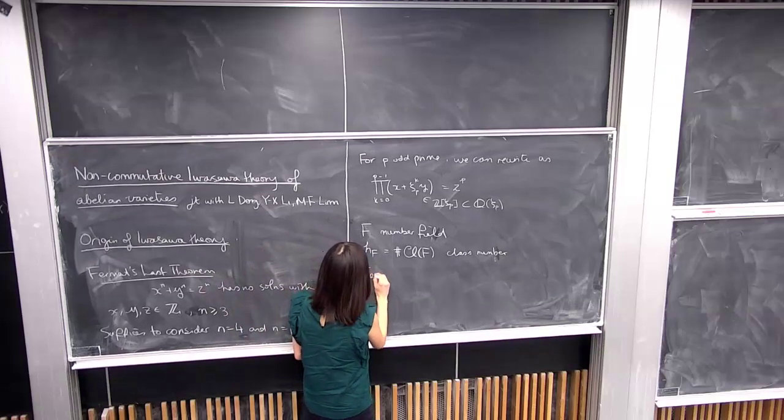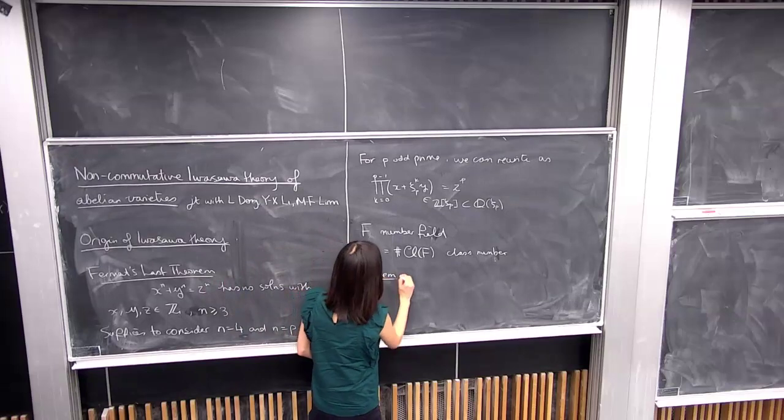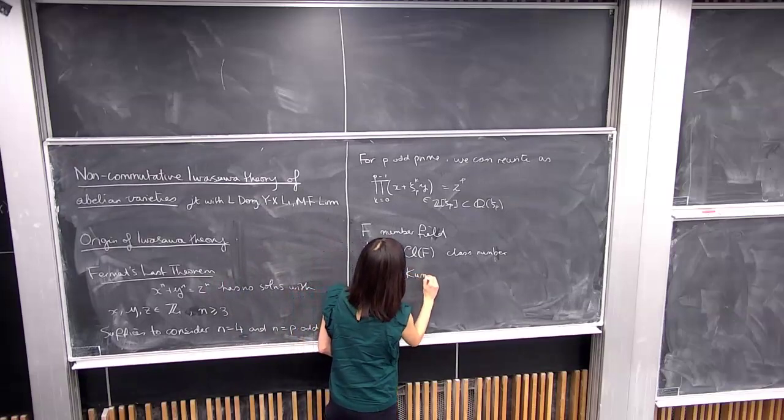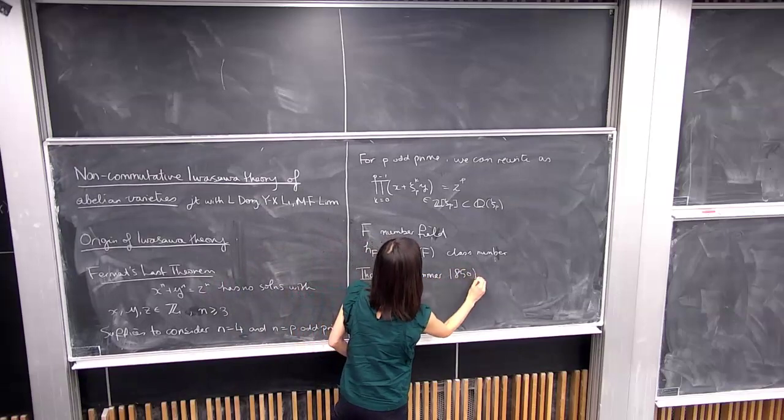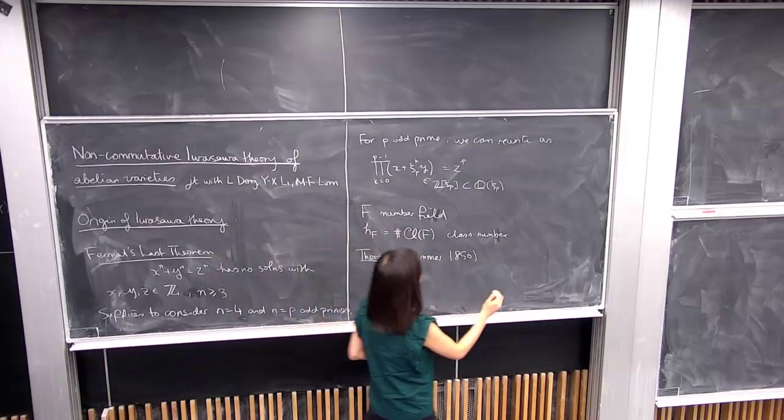This is due to Kummer, 1850. He said if p is an odd prime,